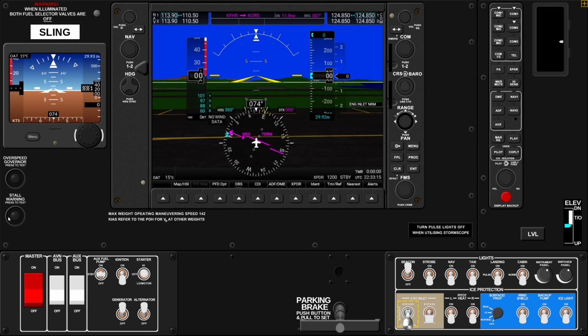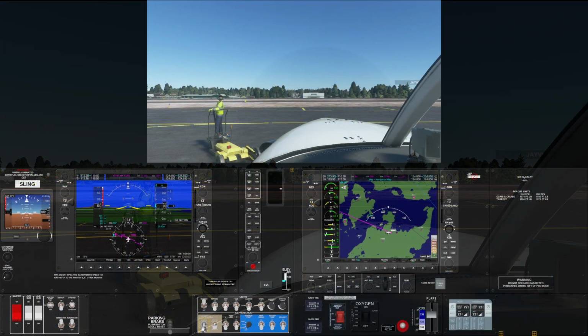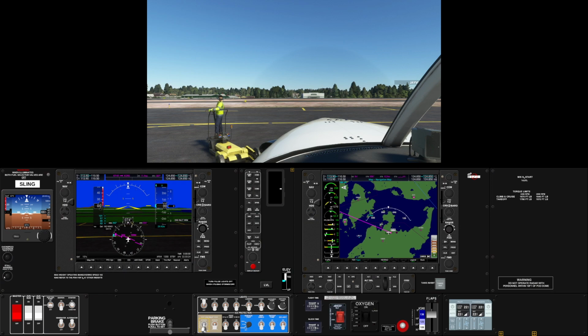I think we're ready to go. We'll have a little short flight. You can see I've just got something plumbed in on the flight plan here. I'm just going to do a hop over to Orcas Island. I think we're currently at Friday Harbour, yeah. So we're going to do a little hop over to Orcas Island, very short, just to show the panel off in operation a little bit, and another excuse chance for